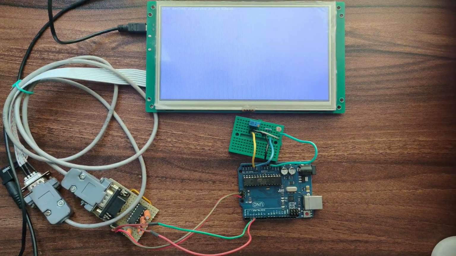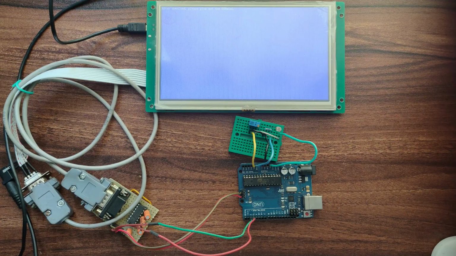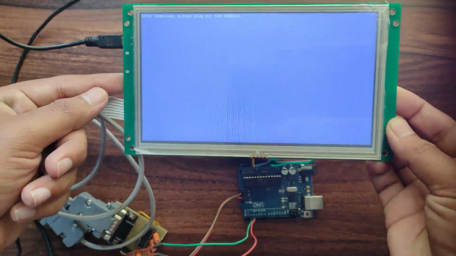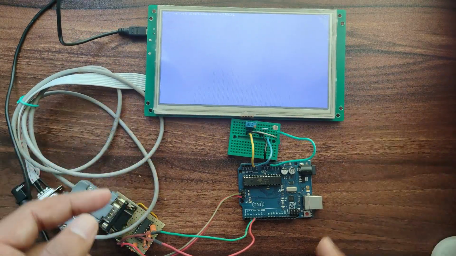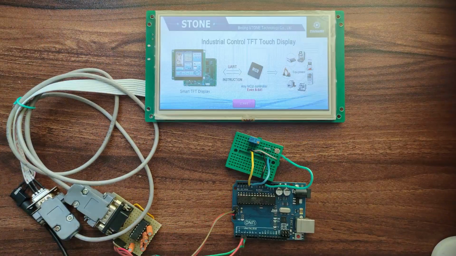I have already explained the flashing methods in my last video. While flashing, a blue screen will appear and a warning will be displayed. After flashing is complete, remove the USB cable, and as soon as we remove the USB cable, the display will restart and the example will start running. Now we'll connect the power supply to the Arduino Uno.